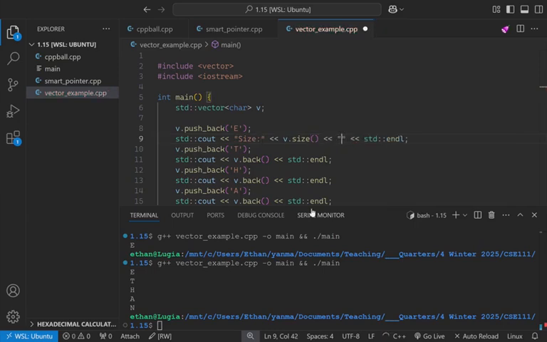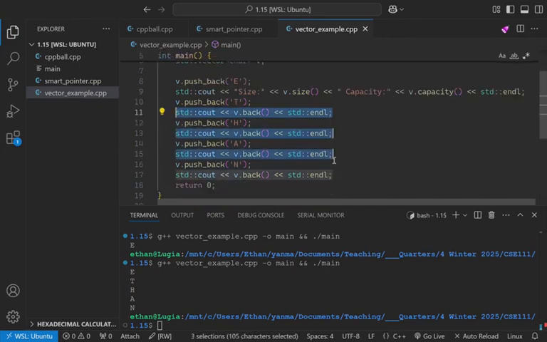And then here I can now call this the capacity. So the capacity is the total number of things that the vector has already allocated for us. And the way you get this is v.capacity. Okay, so now if I go and change all these out,